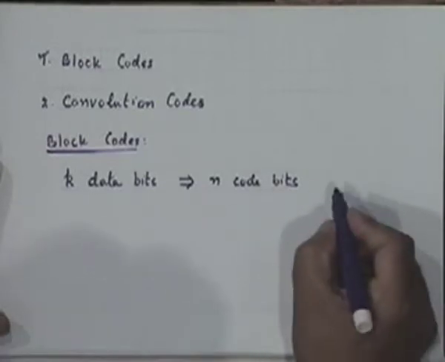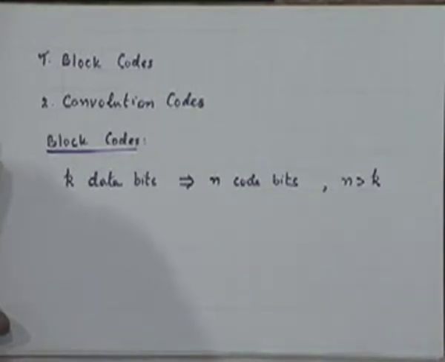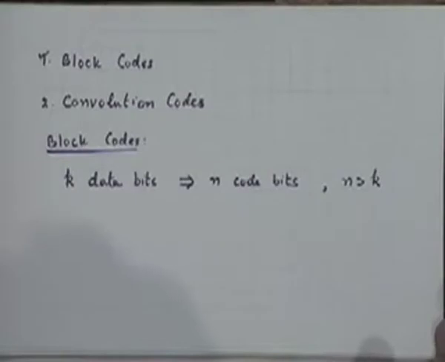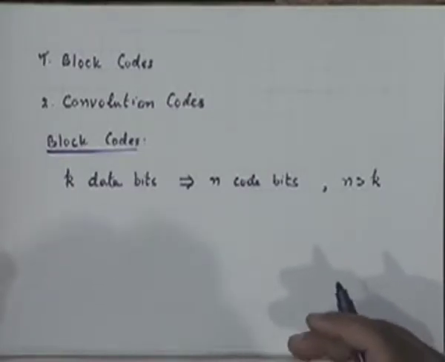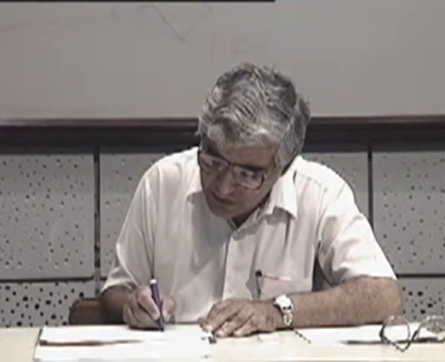This is the basic idea of block coding, where n is typically greater than k, and this will bring down your effective information rate, right? That's the whole idea of Shannon's channel capacity theorem, which says that if you keep your information rate below a certain value, then there is a possibility of error-free communication, right? So this obviously will bring in that required reduction in the information rate,